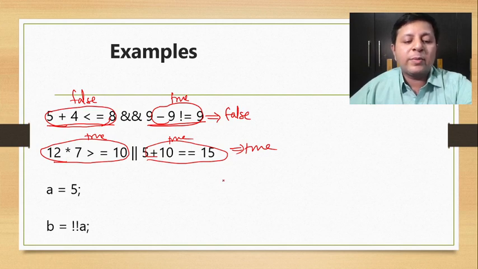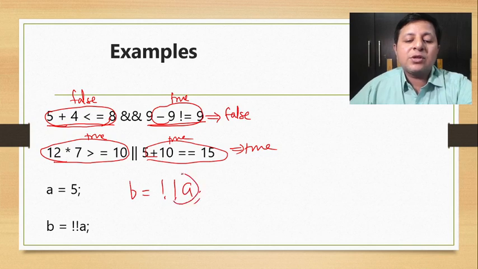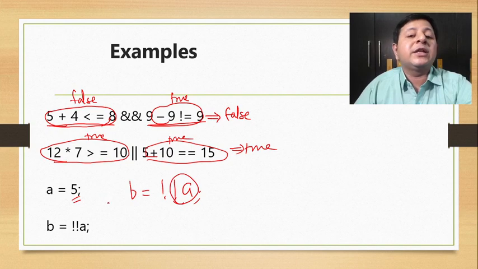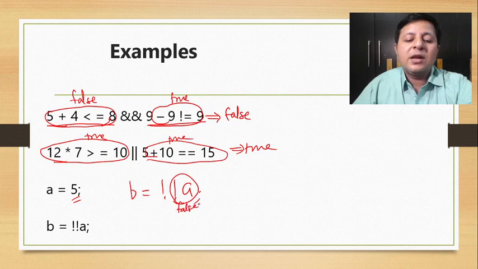Okay. Let's look at some example related to NOT. So see how this would be understood, how this will be explained. See, A is 5. When I say B is equal to not of A, see what happens. B is equal to not of A. First is not of A. What is A? 5. 5 means what? You know, for integer you have to take the truth value. 5 is considered as true. So for true, if I say not, it is going to be false. And then not of false is again going to be true.